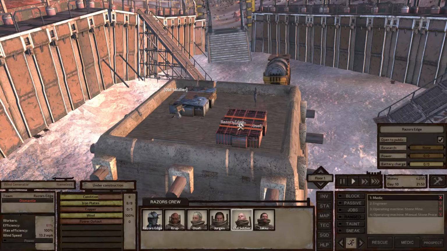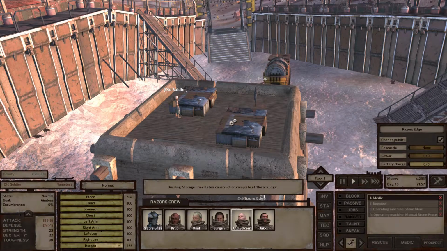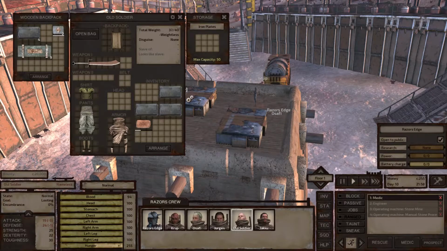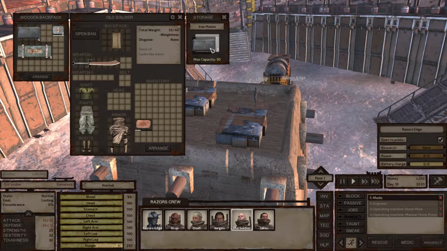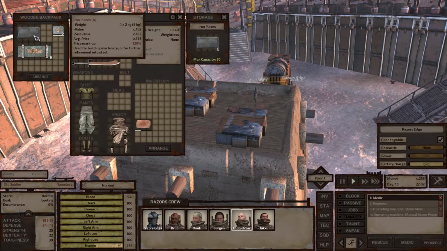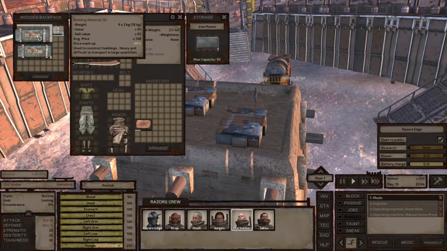Here come our engineer helpers. It'll be done by the time they get here. Thanks for the help, guys. Alright, so we can go over here. We can throw these in there. They do stack. You can drag multiples in there just by holding the shift key down again. Alright, now we've got the room we need